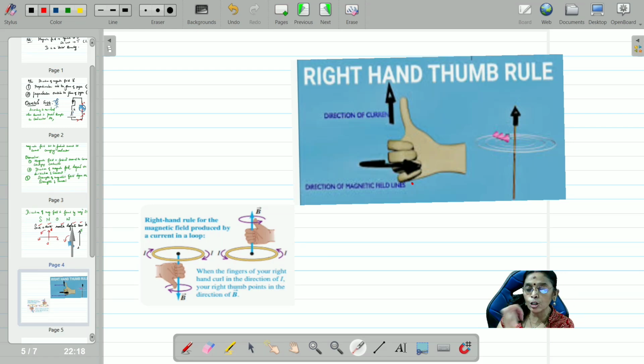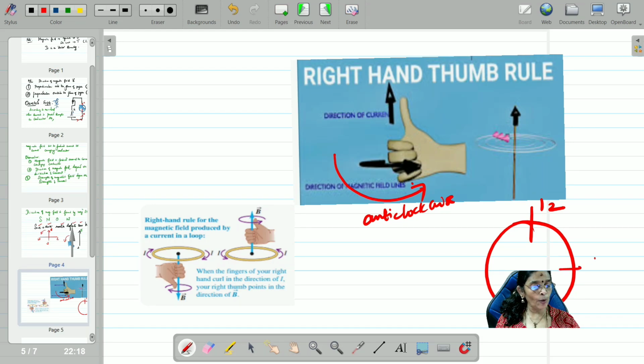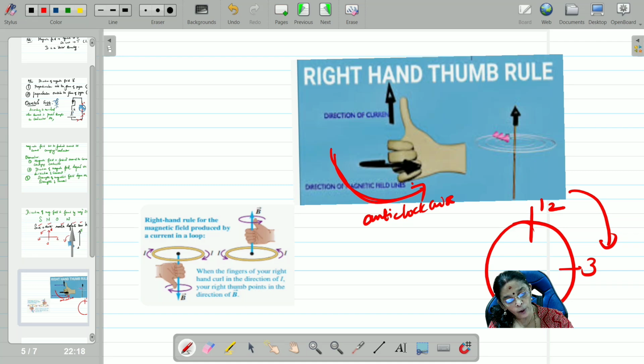The tip of the fingers is showing towards the right. That is nothing but anti-clockwise direction. You can see, this is anti-clockwise. How do you say it is anti-clockwise, children? You know that clock in your house. How does the clock move in your house? The clock moves from 12 to 3. So if it goes 12 to 3, that is clockwise. But here, how is it going? Is it going clockwise or anti-clockwise? Anti-clockwise. So therefore, anti-clockwise, upwards current.